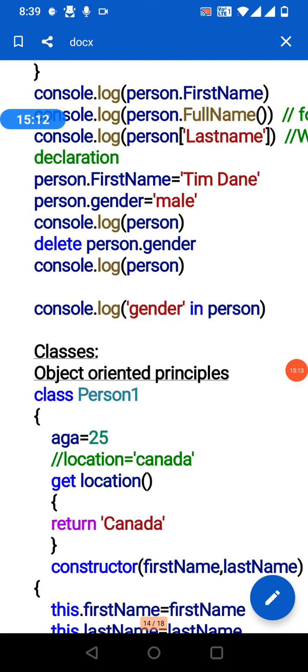To check whether a value is present or not, we give that key, gender, in person, which is the object. Simple, like if else: if that value is present, for that we just give the key in person.